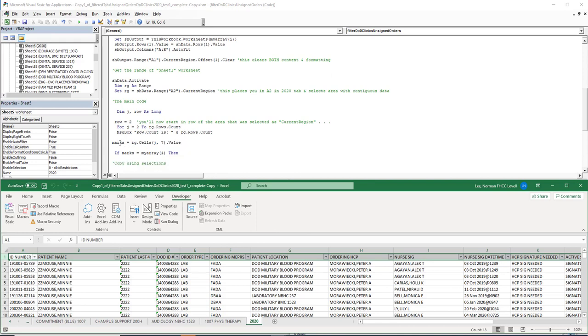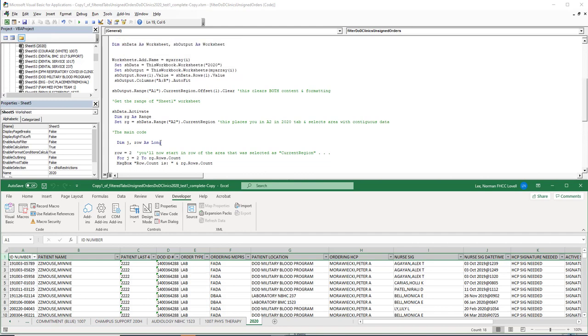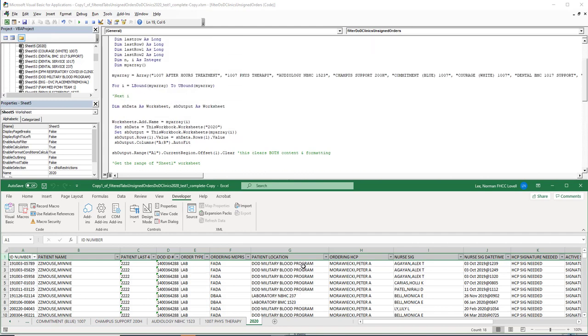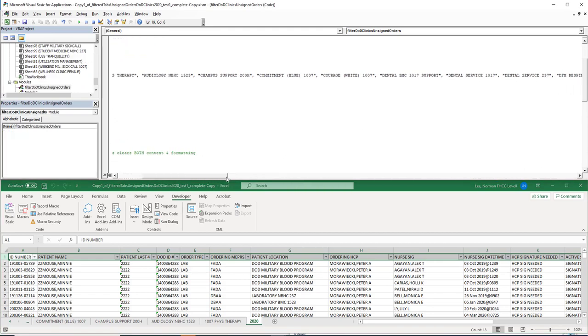We're also going to declare a variable, and it's going to store the value of whatever row you're on, the 7th column. So 1, 2, 3, 4, 5, 6, 7. So right here, patient location. And if the value of column 7 matches the array name, for example, if DoD Military Blood Program matches DoD Military Blood Program right here,